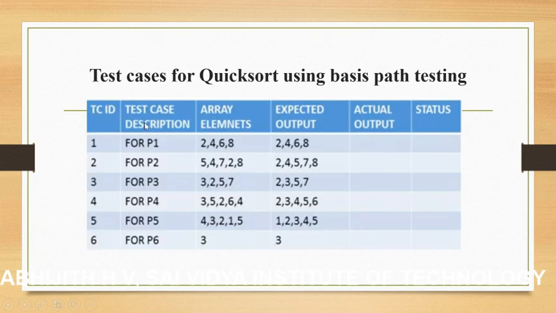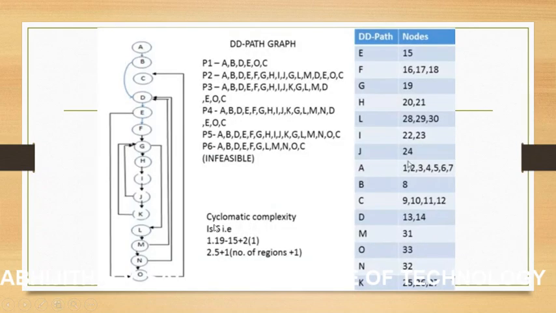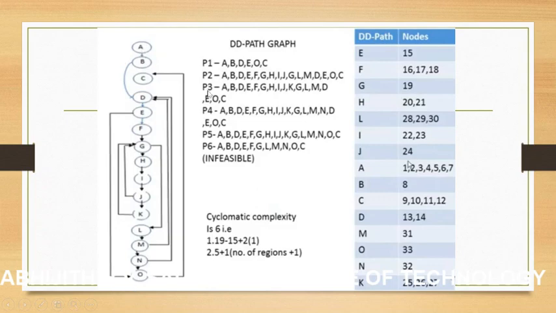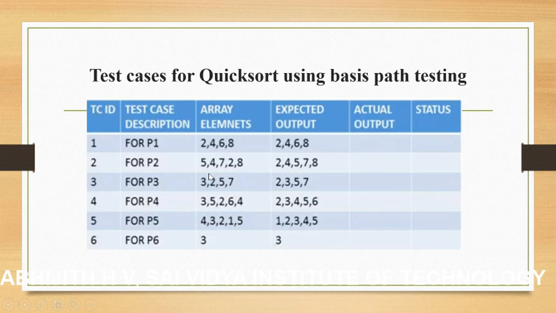For this, we take some example and we write what the expected output is. We execute the program and write the actual output, and the status will be returned, whether it is true or false. We should take the input in such a way that the inputs match these paths that we have written. So six independent paths are available. We need to frame the six different paths, and we should take the inputs in such a way that they match this kind of scenario, and it will be executed. So that's all about Quicksort. Thank you.